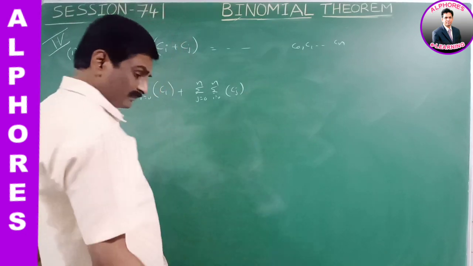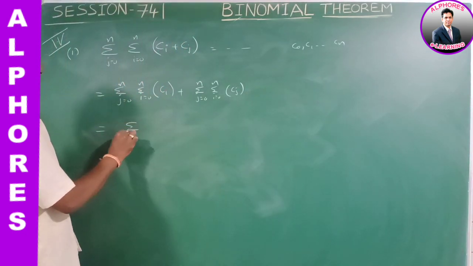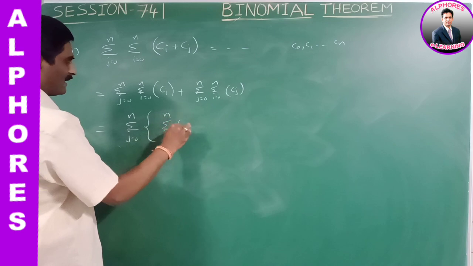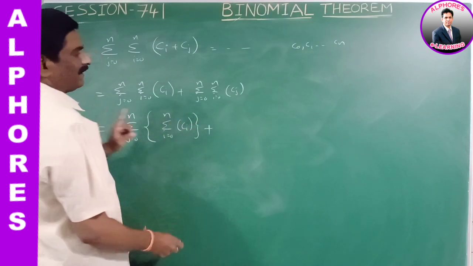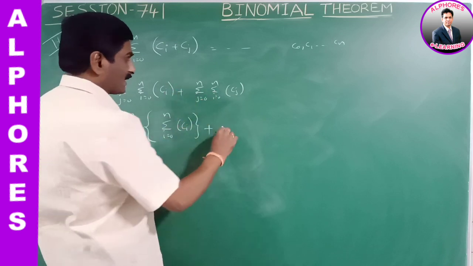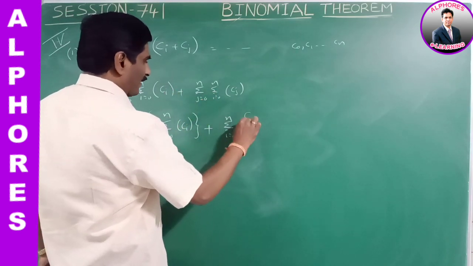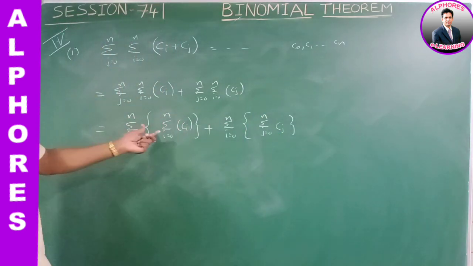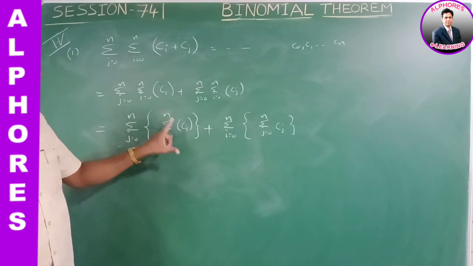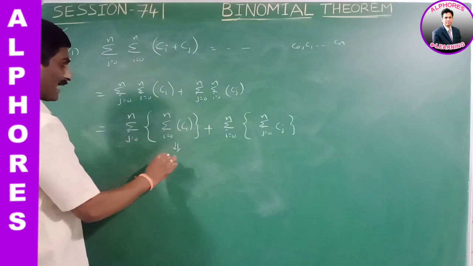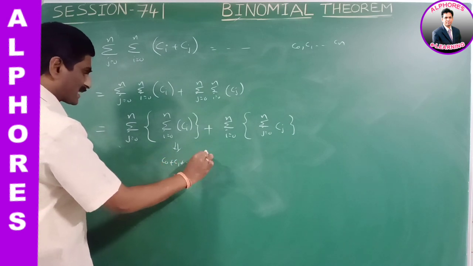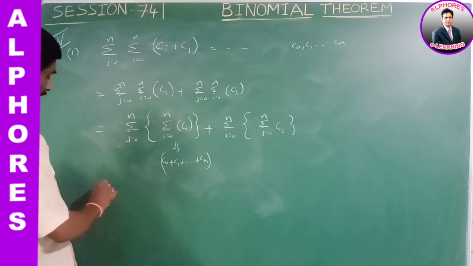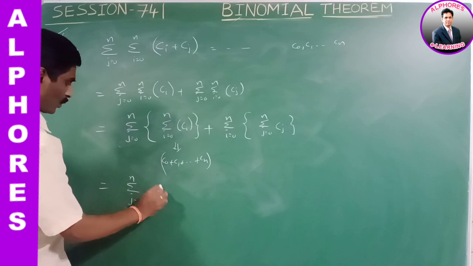Okay. In this case, please observe this value. Sigma j is equal to 0 to n. I use the bracket here. Sigma I is equal to 0 to n, c suffix I, plus here j is the variable. So interchange these two values. Sigma I is equal to 0 to n. Okay. Next, sigma j is equal to 0 to n, c suffix j. Right? Find the expansion of this value. I starts from 0 to n. That means what is this expansion? Summation of the terms. It is nothing but c0 plus c1 plus so on cn. Please observe this value. By expanding this value, c0 plus c1 plus so on cn. What is this value? 2 power n. That means sigma j is equal to 0 to n, 2 power n.